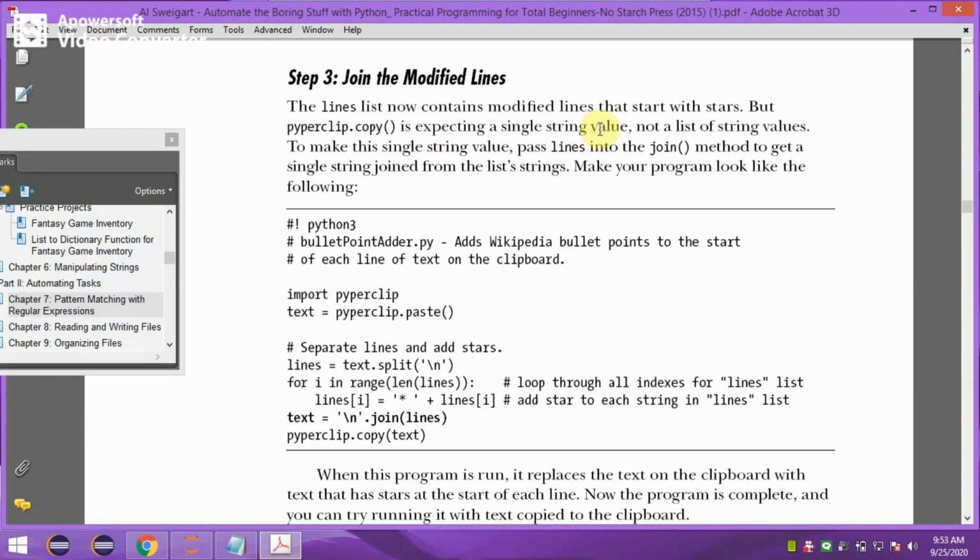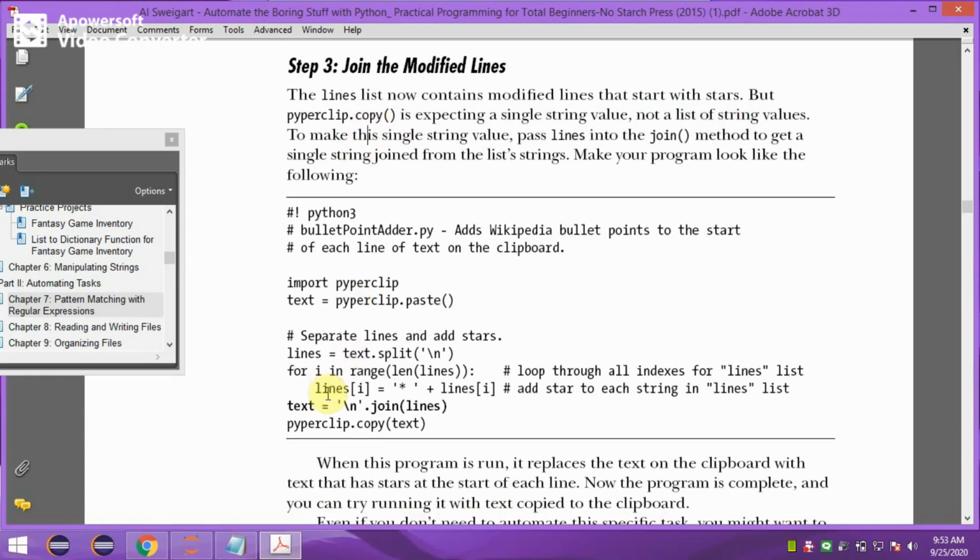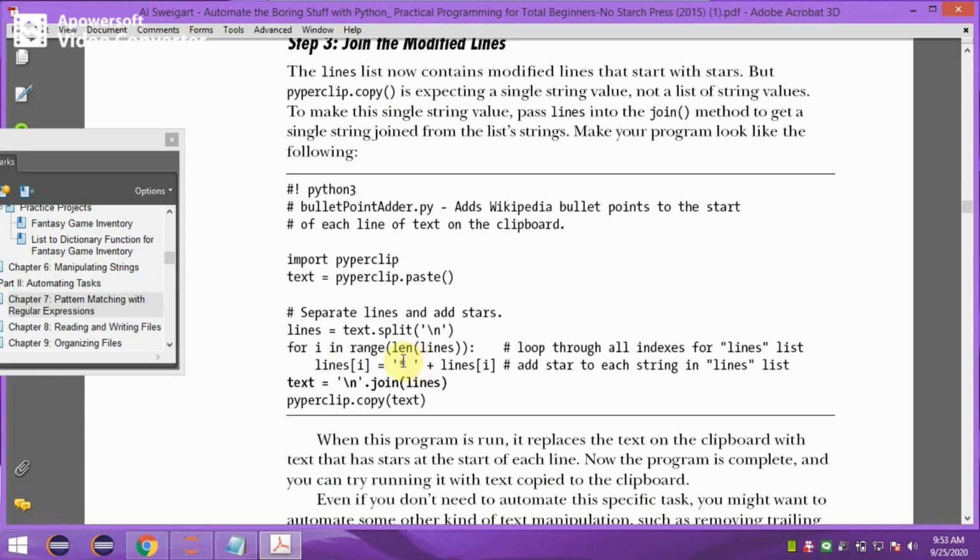It does not need a list of string values. Therefore whatever text you bulleted needs to be joined back into a single variable.